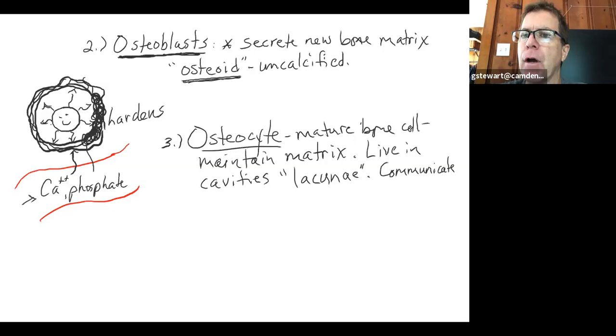Just think right now, an osteocyte is a mature bone cell. It no longer secretes this stuff, and it maintains the matrix. It lives in this little pocket or cavity. So number 4, I'm going to write a bone. I mentioned this earlier. A bone lining cell